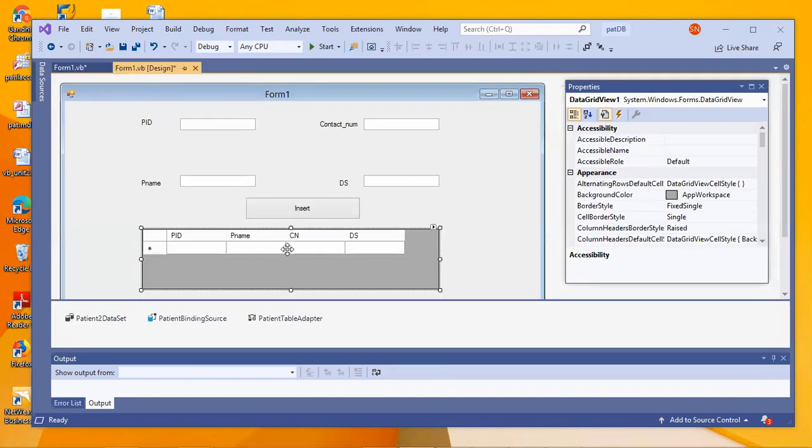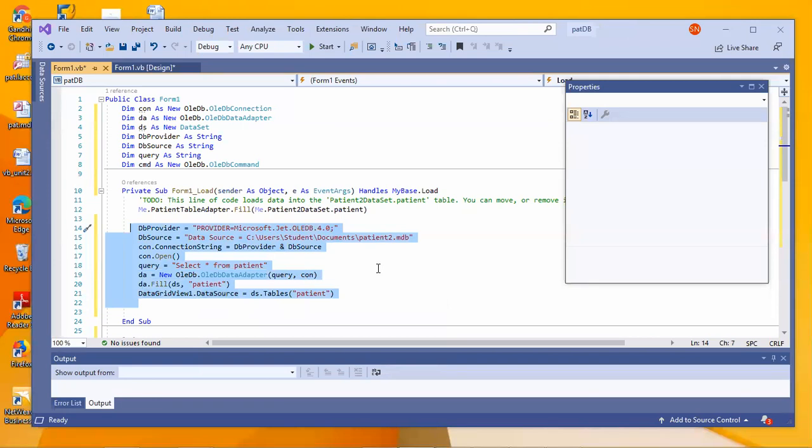I have already done it through this property, but I'm repeating the same thing programmatically. So for the property called data source of the data grid view, whatever you have taken from the data set tables. If you remember, the last step was that I checked the tables. So whatever tables you have in the data set for patient, fill that in my data grid view upon form load. That is what it is saying. Clear? Yes, ma'am. So this happens when the form is loaded.